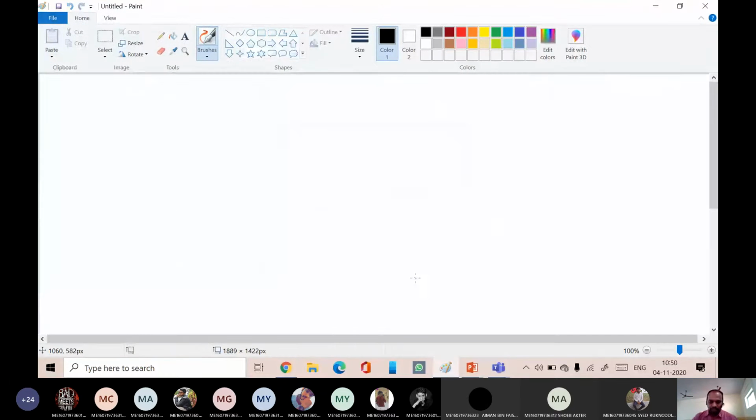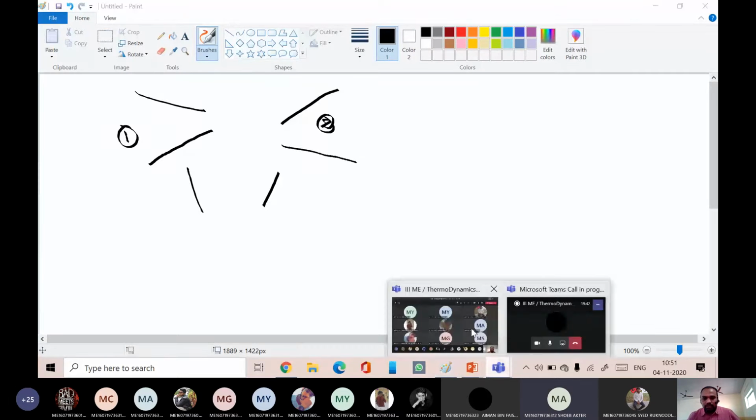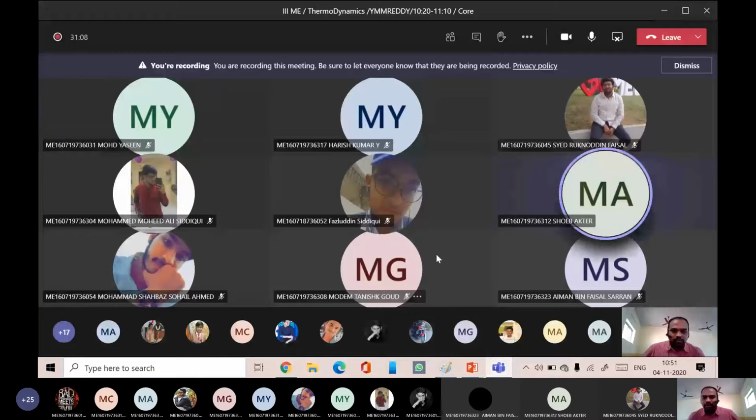My question is, which is the nozzle here? Is this the nozzle or this the nozzle? Which is the nozzle, first or second? Both of them are nozzles. The first is convergent, the second one is divergent. Both are nozzles. Diploma people, please keep quiet, because you might have studied about this. Regular people, please tell me.